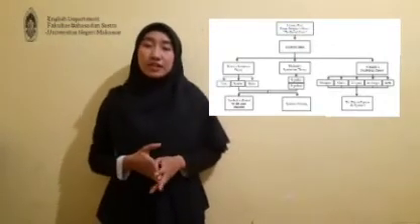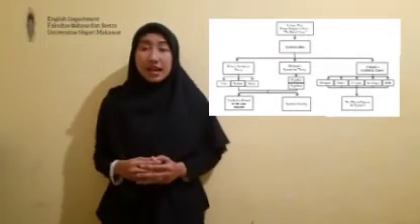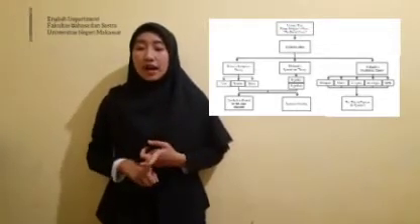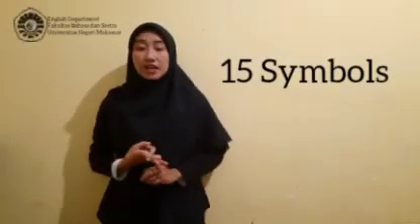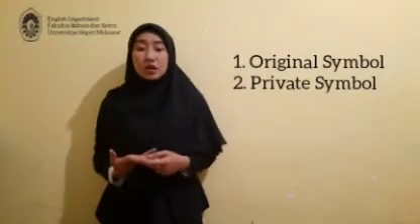Therefore, I formulated three problem statements in my research. The first one is, what are the symbols related to the main character in Kazuo Ishiguro's novel The Buried Giant? The second one is, what are the meanings of the symbols related to the main character in Kazuo Ishiguro's novel The Buried Giant? And the third one is, how does the author express the symbols in Kazuo Ishiguro's novel The